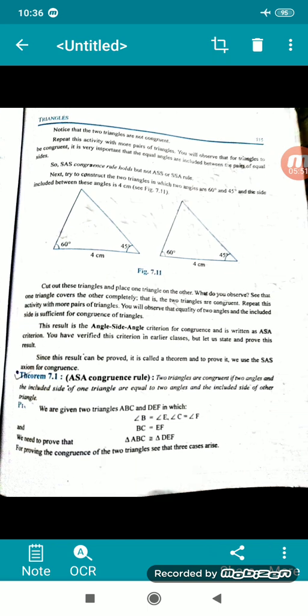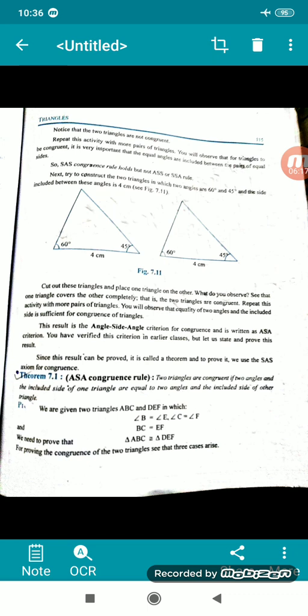Now, very important, theorem 7.1 along with the proof, you have to prepare it. There are three cases given to you. I will be doing all the three cases. In exam, you can write any one. Is it clear to everyone? So first and second and third, there are three cases. So please pay attention. Theorem 7.1.